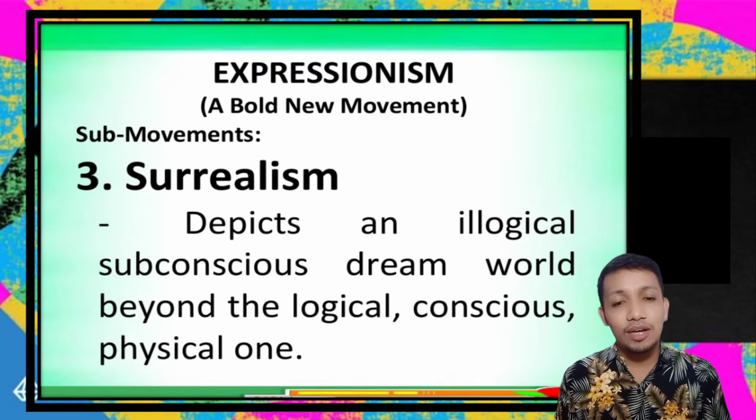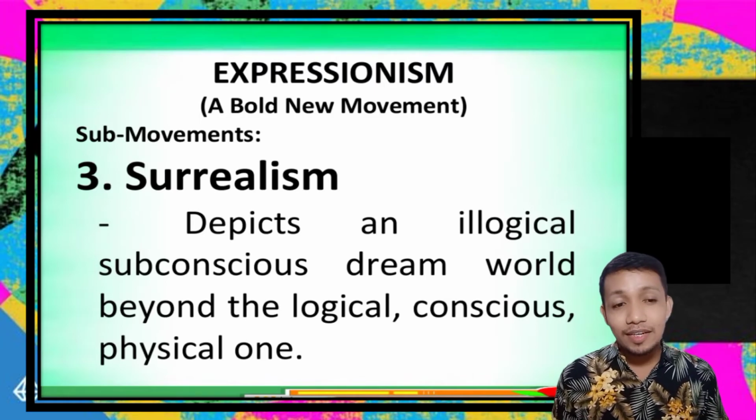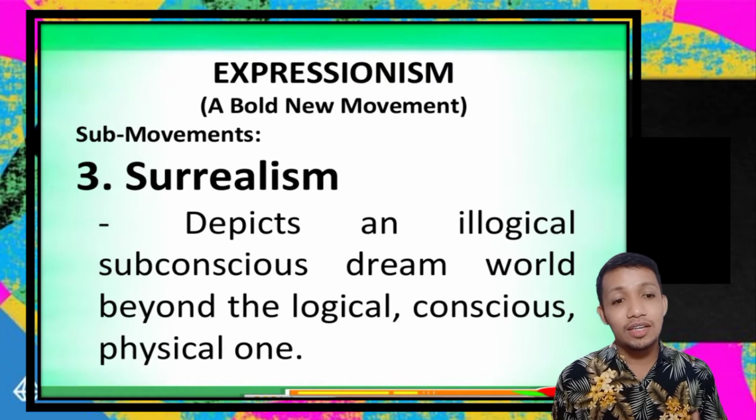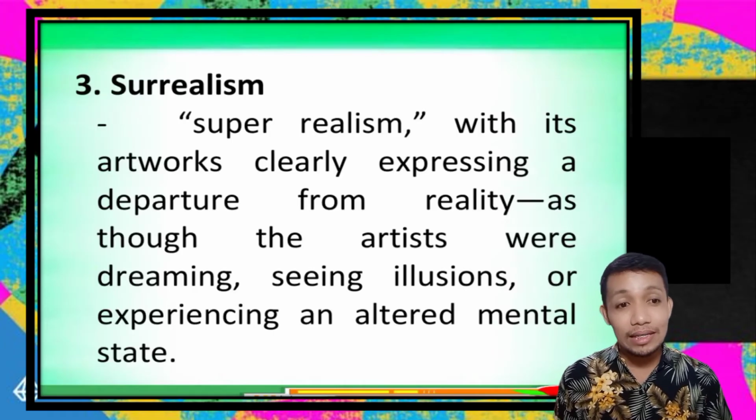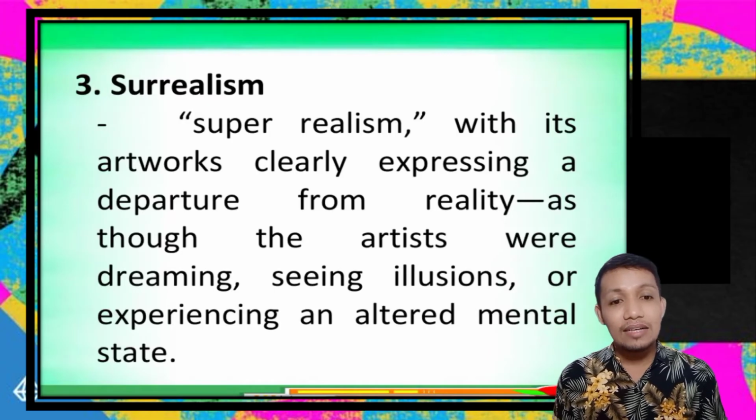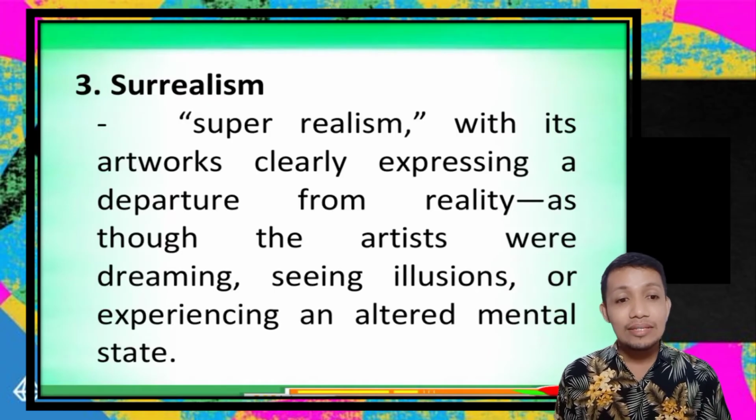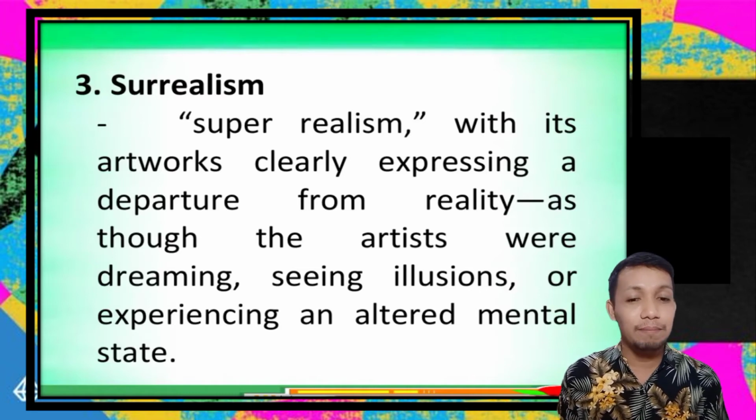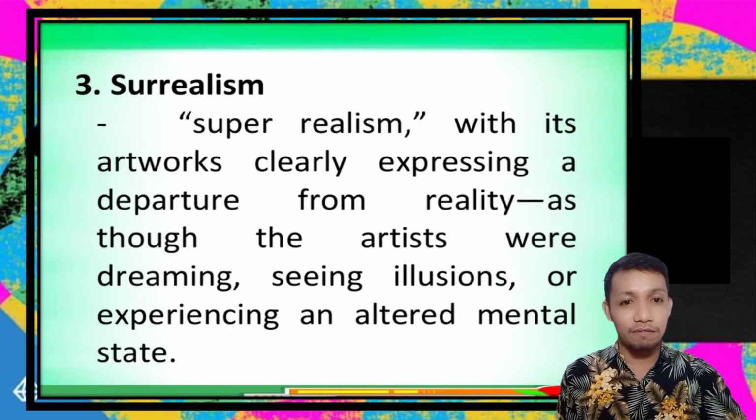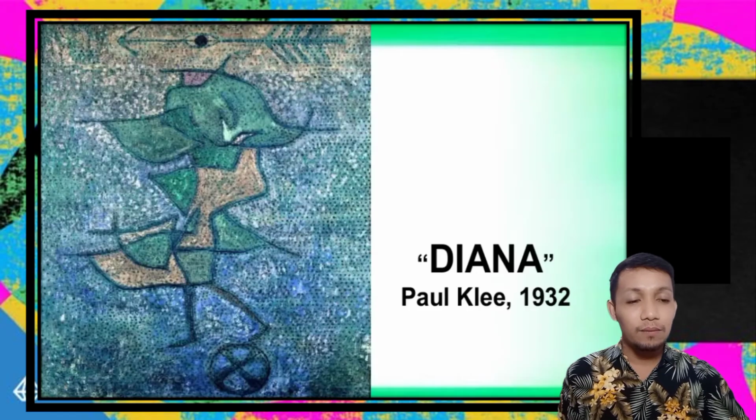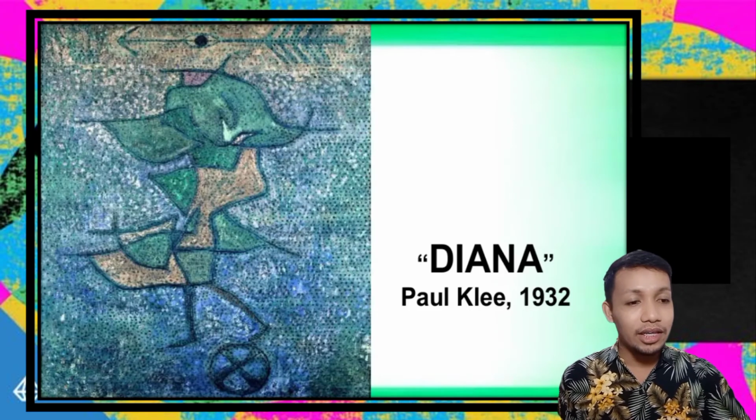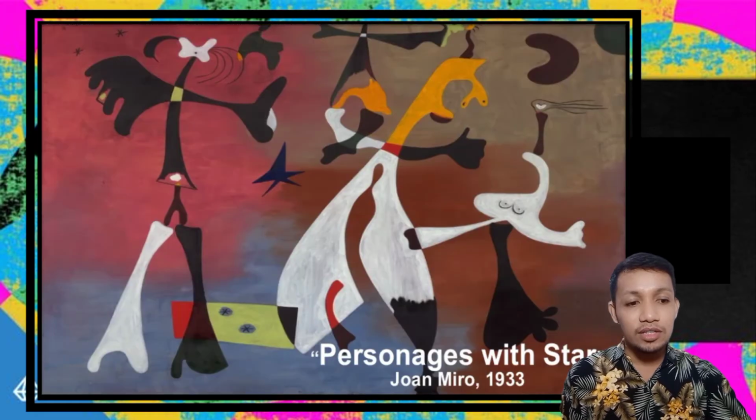Another sub-movement of expressionism is Surrealism. It depicts an illogical, subconscious dream world beyond the logical, conscious physical one. Surrealism means super realism, with its artworks clearly expressing a departure from reality, as though the artists were dreaming, seeing illusions, or experiencing an altered mental state. Example of Surrealism is The Persistence of Memory by Salvador Dali. And we also have Diana, Paul Klee in the year 1932, and Personages with Star by Joan Miro in the